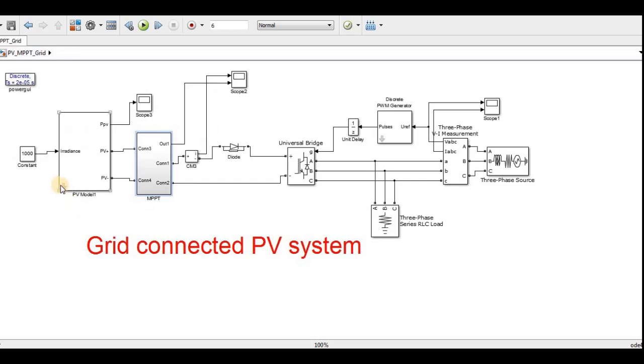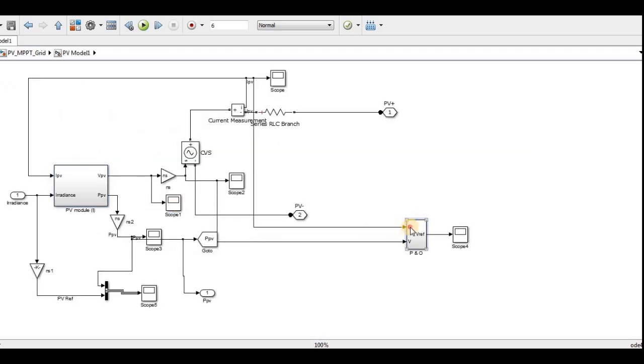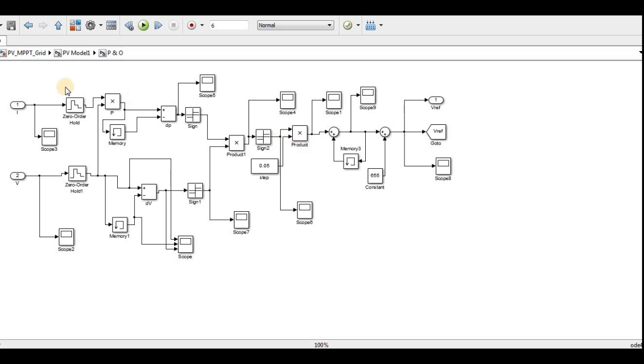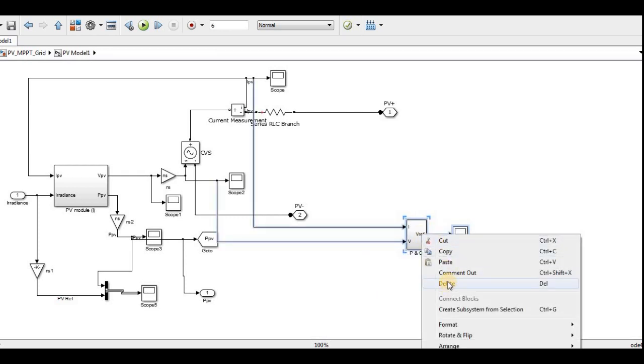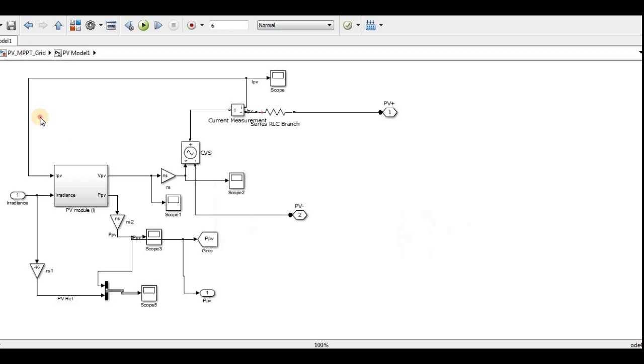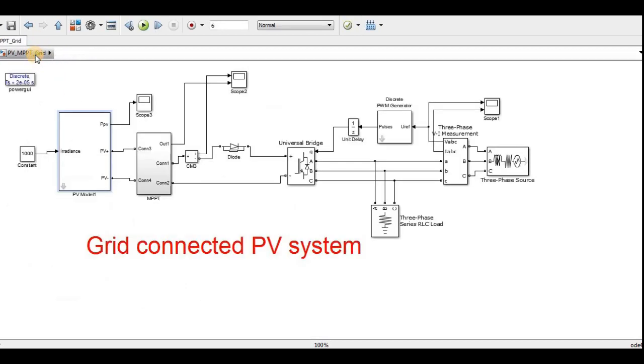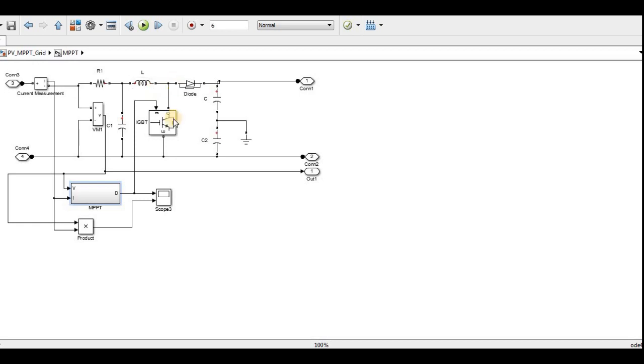Whatever P&O algorithm I used here, I already explained in my previous video. So if you want the P&O algorithm of this particular design, you can get it from my previous video. But this is not required in this modeling, so I deleted it. I just kept it here to show you what the P&O algorithm looks like. So I removed this, and see, this is the simple inverter I already explained,